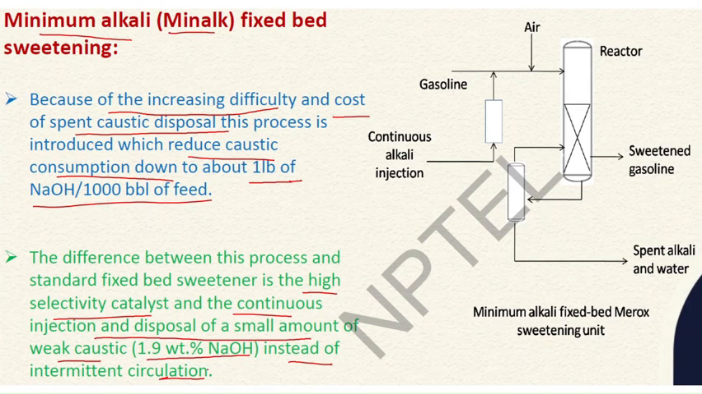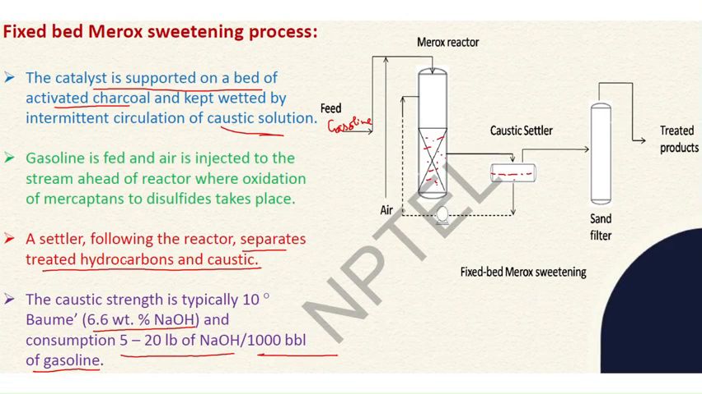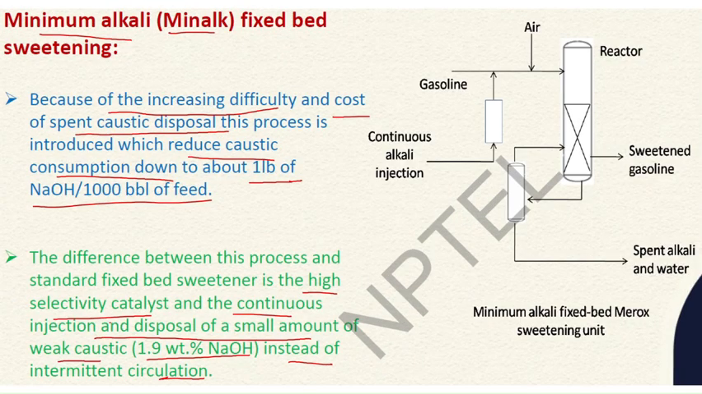So as we can see here, the amount of caustic is reduced a lot. Here 6.68% of NaOH was used, whereas here only 1.98% of NaOH is used. And moreover, a better catalyst is used here. So simply, along with the gasoline feed itself, continuous alkalis injection of